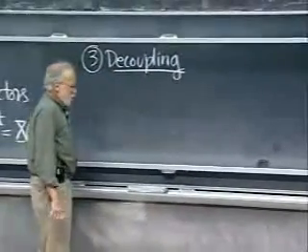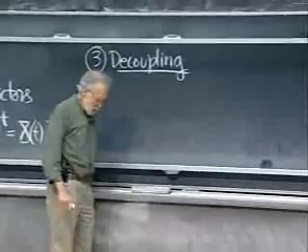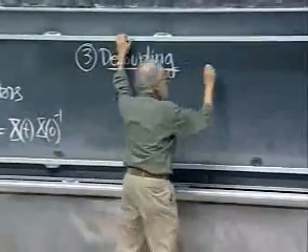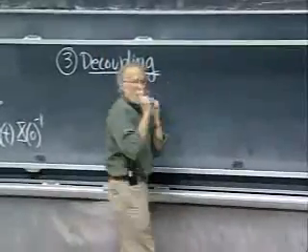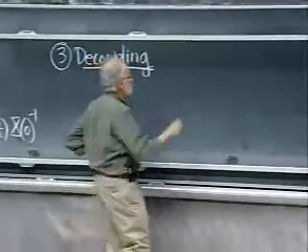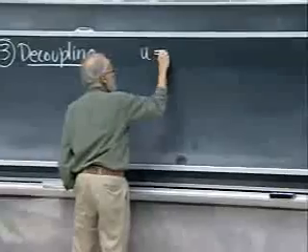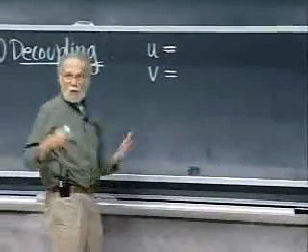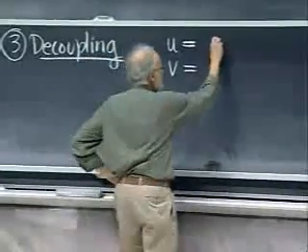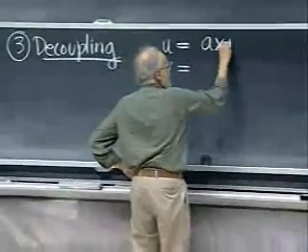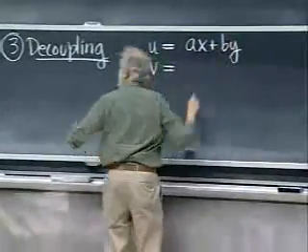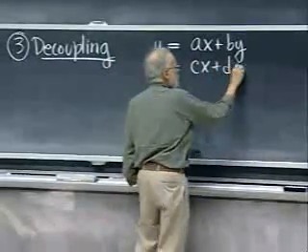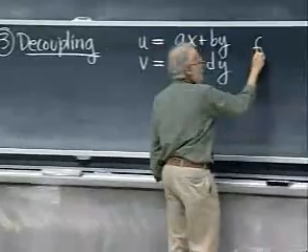Now, in a general way, what you try to do is as follows. You try to introduce new variables. You make a change of variables. I'm going to do it just 2 by 2 just to save a lot of writing out. And so let's call the change. It's going to be a linear change of variables because we're interested in linear systems. So the problem is to find u and v